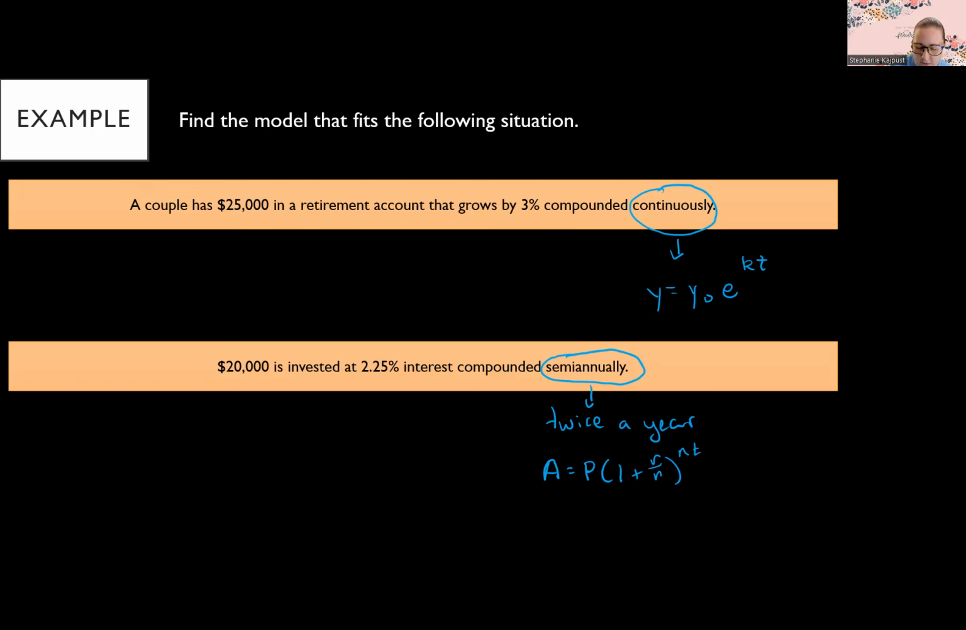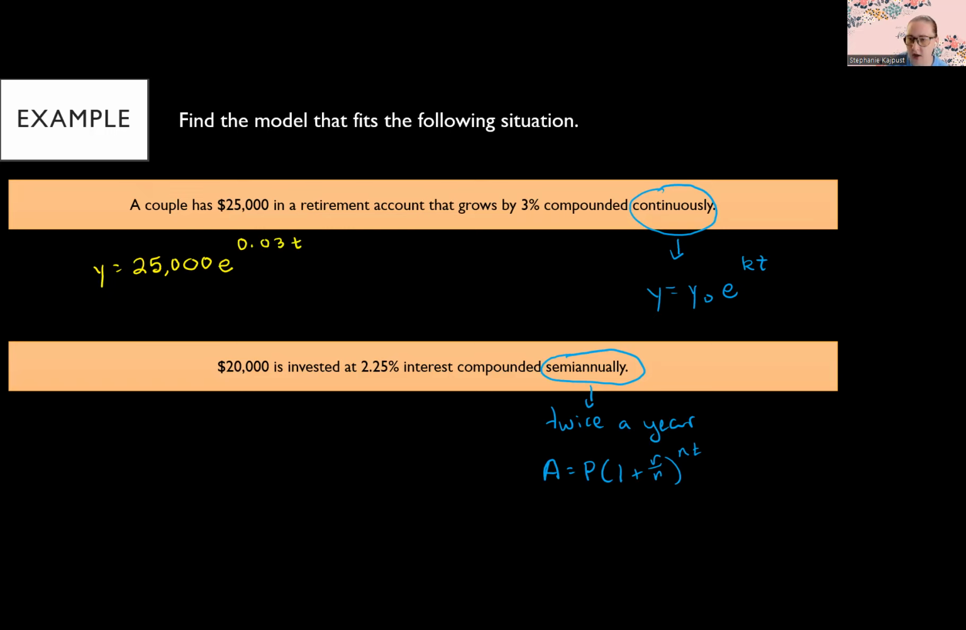So for the first one, we've got $25,000, which is the starting point. So y naught is your starting point. So y naught is 25 grand. And then you have e, and then k is your percent. So it's 3%, and if it's growing, it's positive. So it's going to be 3%, but we need to convert that to a decimal. So you do that by dividing by 100. So